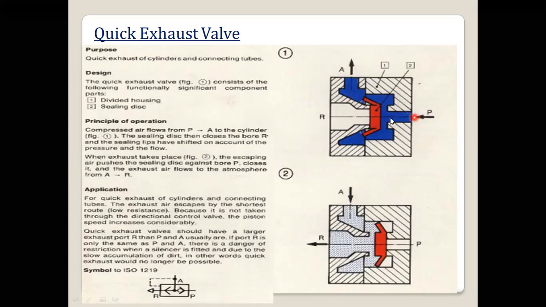Why? Because the air is closing this exhaust port, as the sealing disc gets closed here, so that the flow is only from P to A.